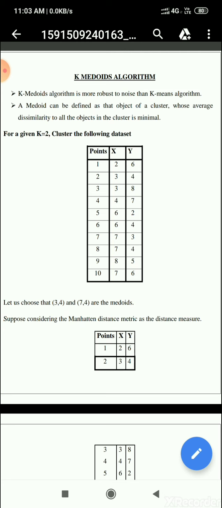Let us go to the solution. Let us choose the coordinates 3,4 and 7,4 as the medoids. We are considering Manhattan distance here. Suppose we consider the Manhattan distance metric as the distance measure,